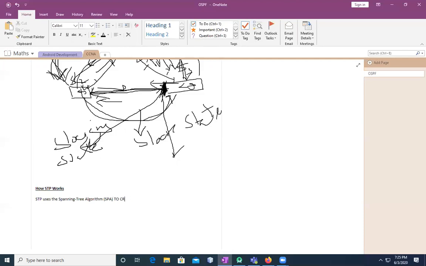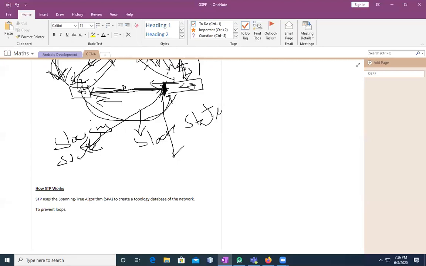All right, not an issue. So it uses the spanning tree algorithm, and the short form of it is SPA. It's going to use that to create a topology database of the network. First thing, to prevent loops,